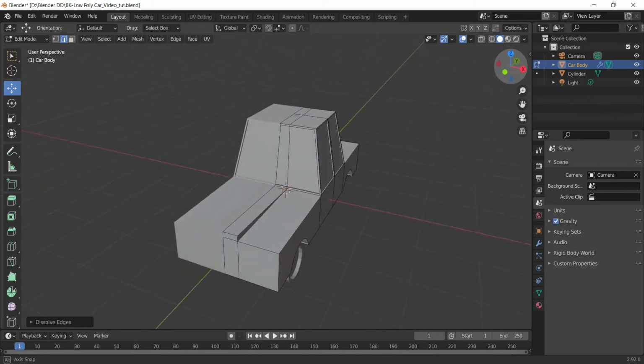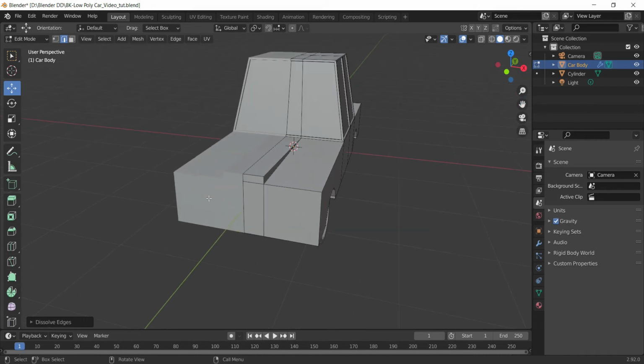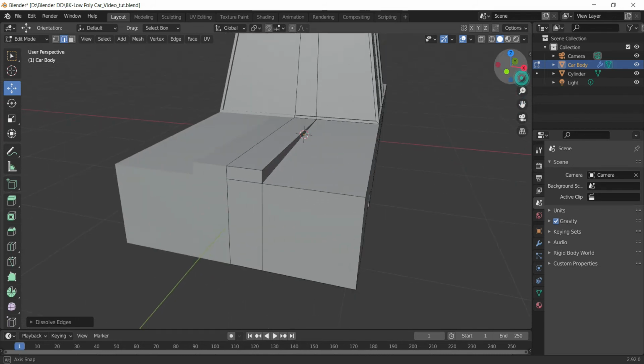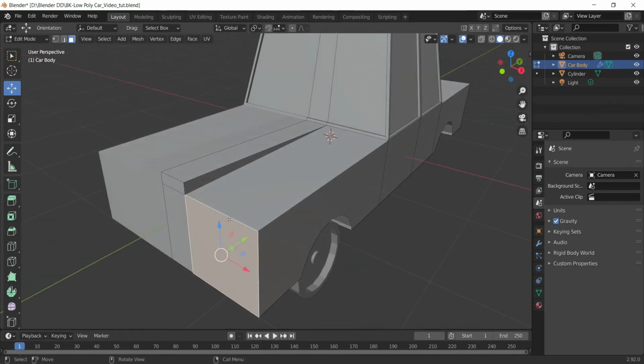Now after this, let's pay attention to how to create headlights. Now this is going to be very interesting. What I'll do is select this face and make a duplicate of the face. Now this is something interesting. Up till now we have learned how to create duplicates of objects only, but here we can do this as well, to make a duplicate of a specific section of the model.